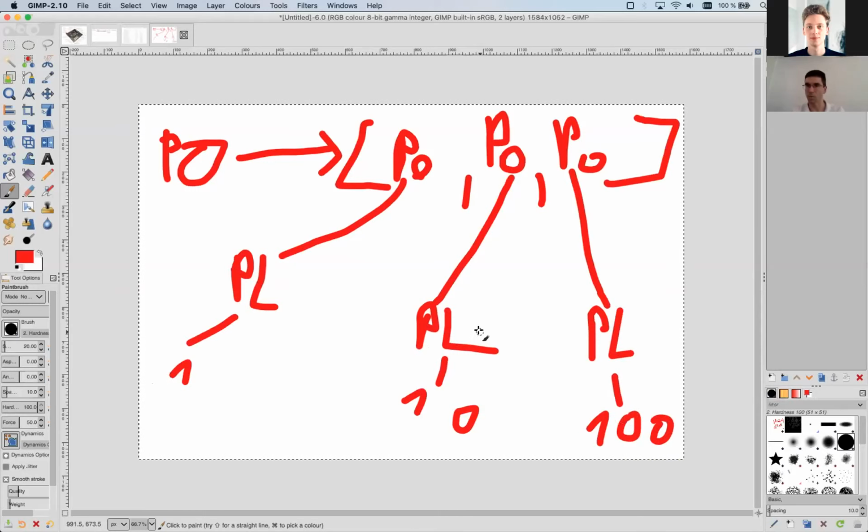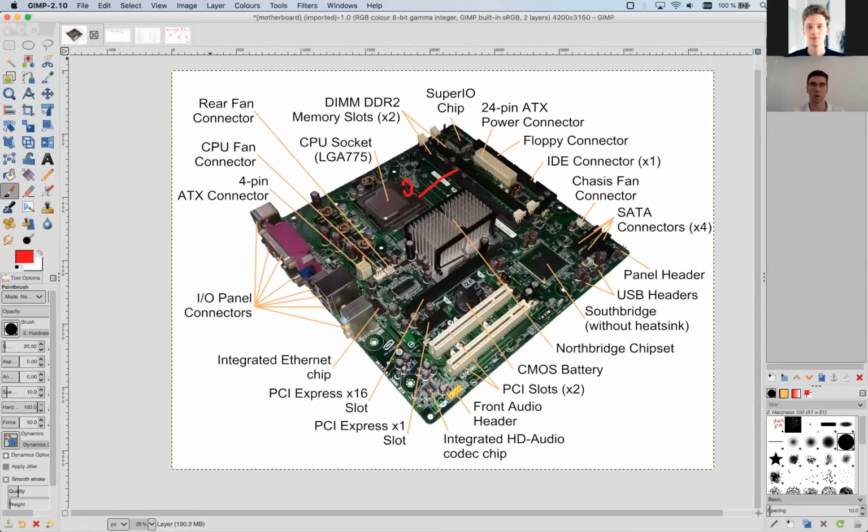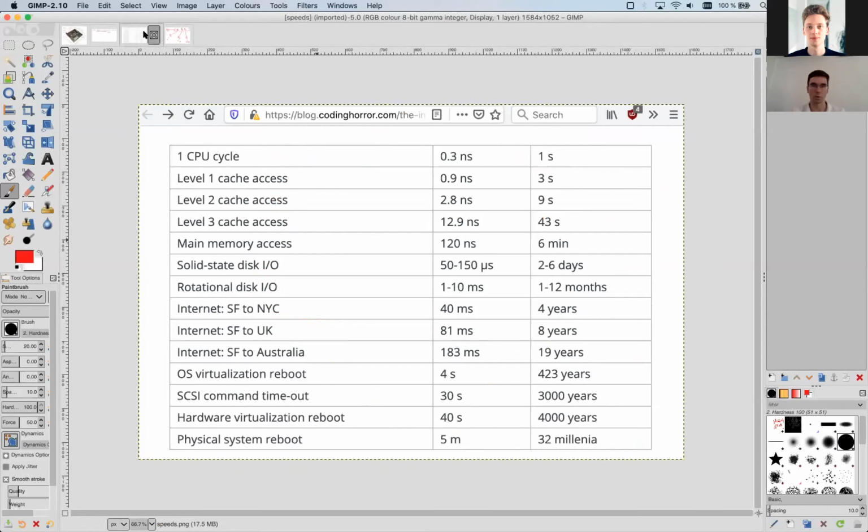What's the problem with that? It's all over your memory. It's not in one place. So go back to this one. You are missing this, your cache misses.